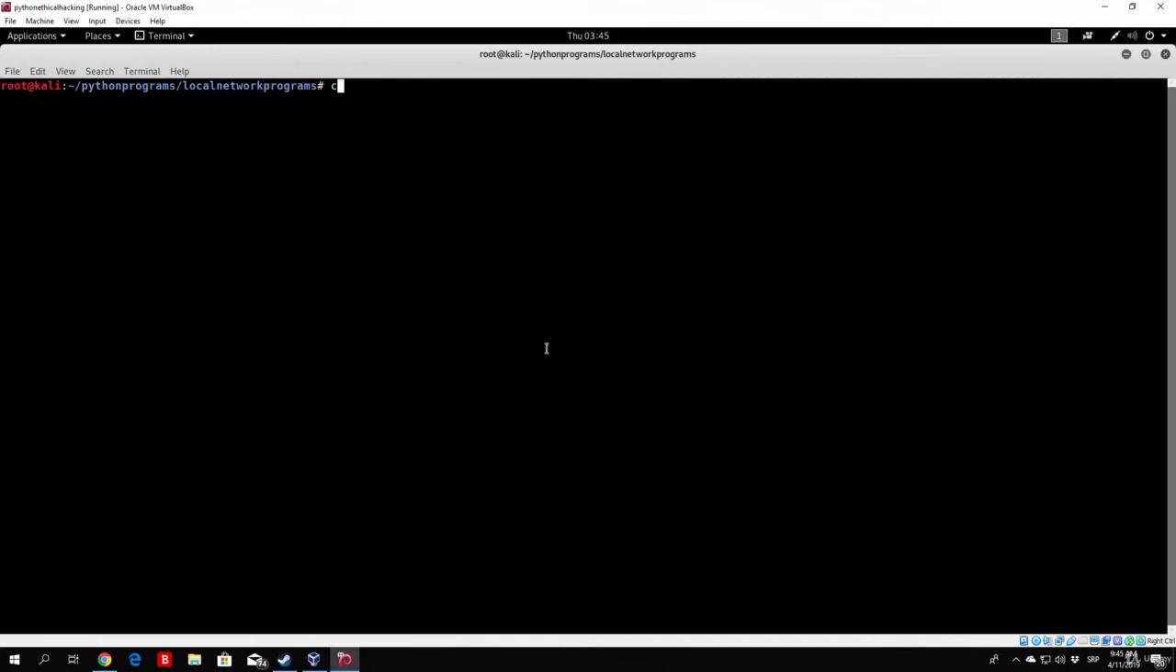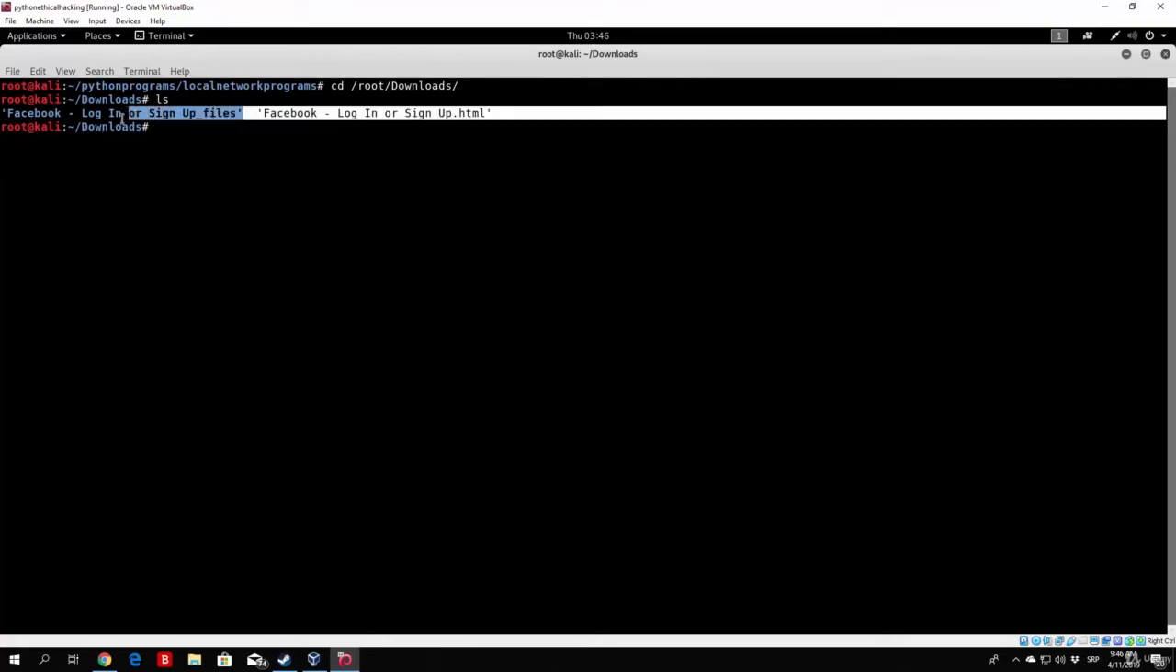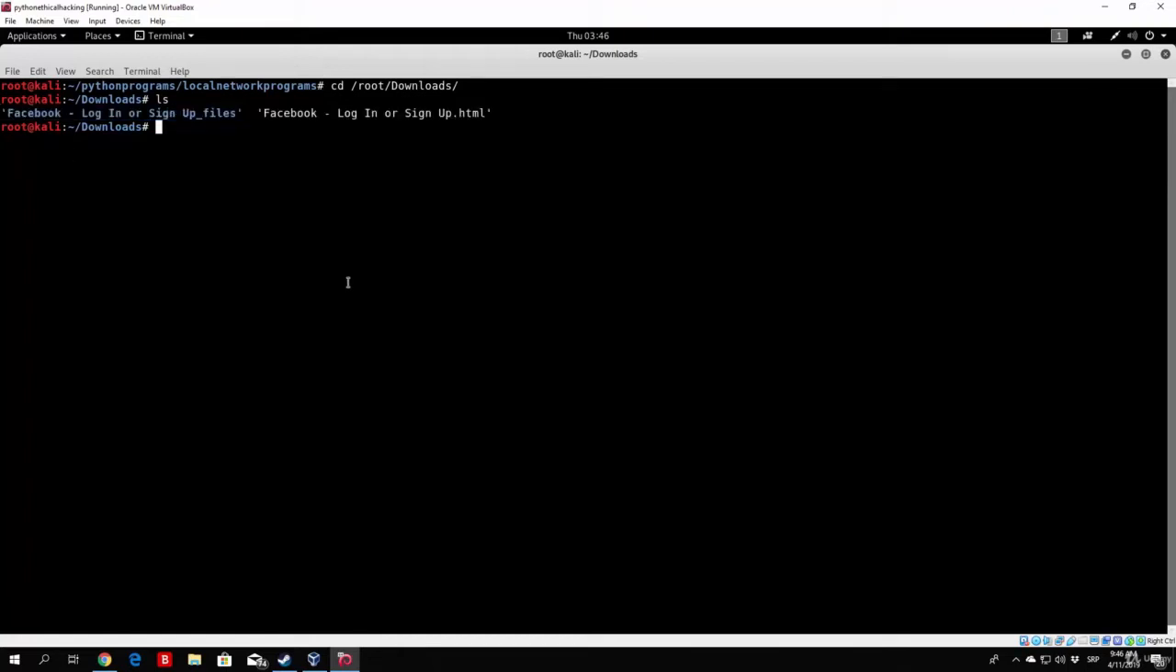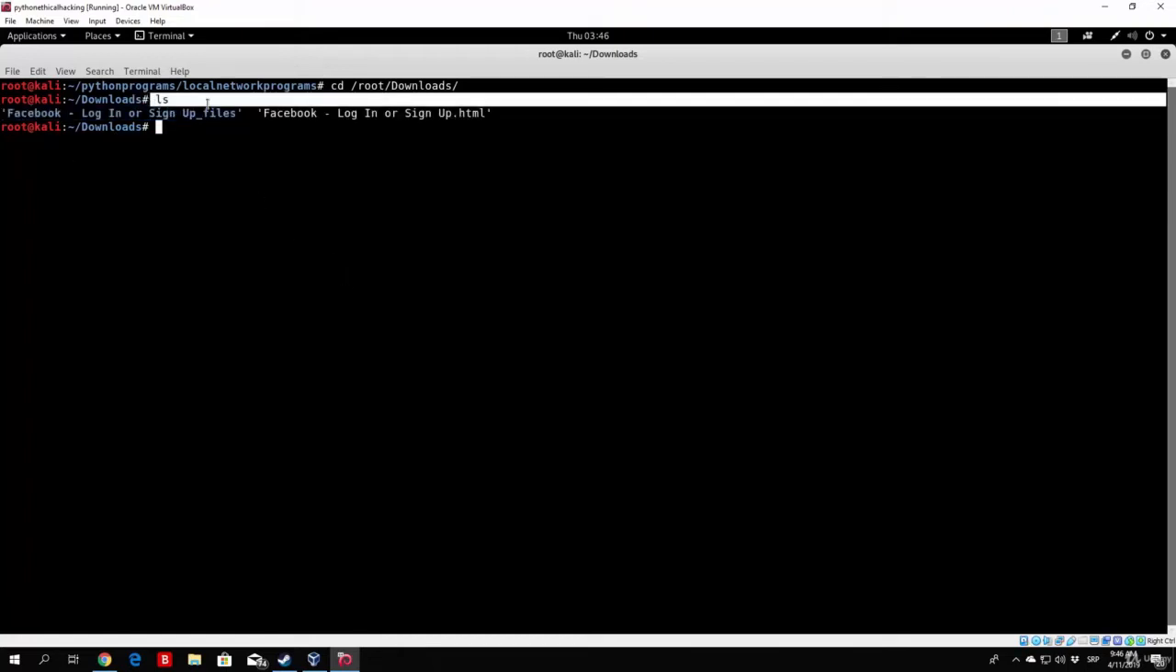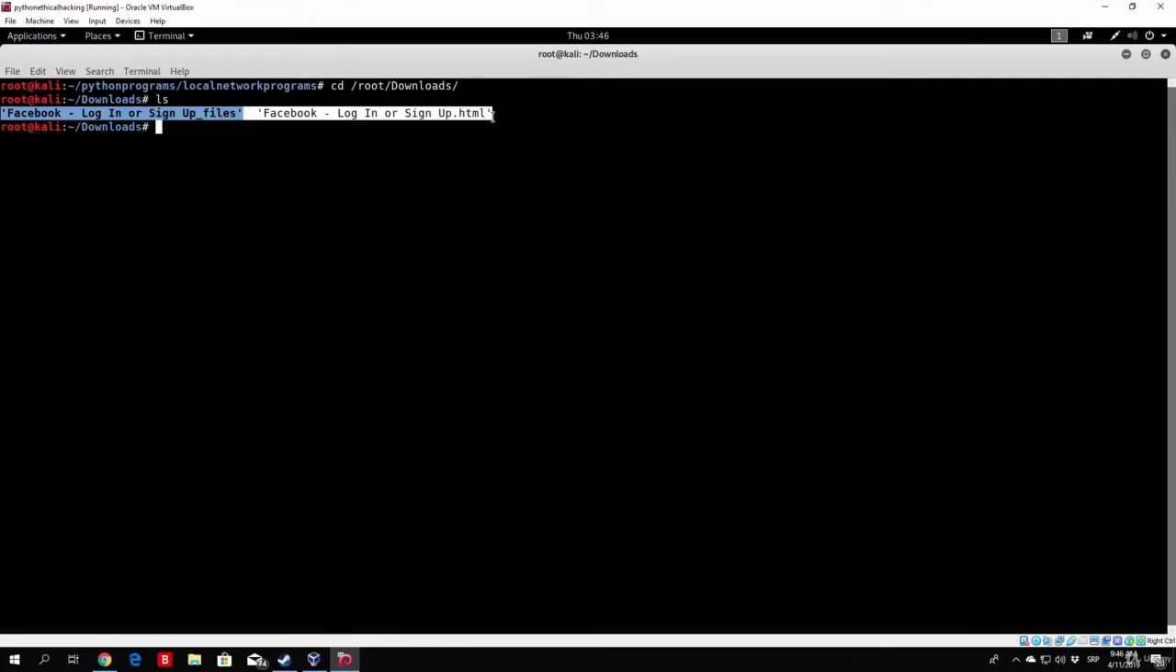My terminal is not working. Okay, so here it is. Change directory to root and then downloads. There you can see you have two files, which are the Facebook login signup files folder and the Facebook login signup.html. In order to host the Facebook login page on your local web server running on Apache 2, you need to copy these two files to the Apache 2 folder. Now the Apache 2 folder is